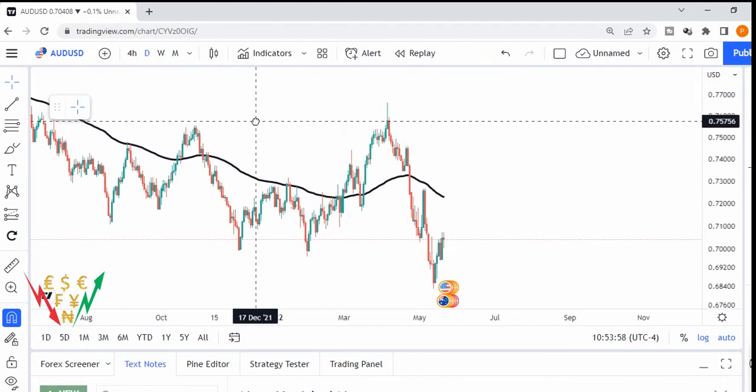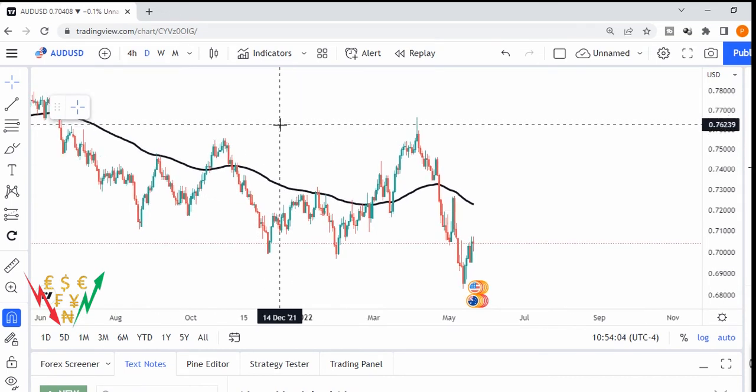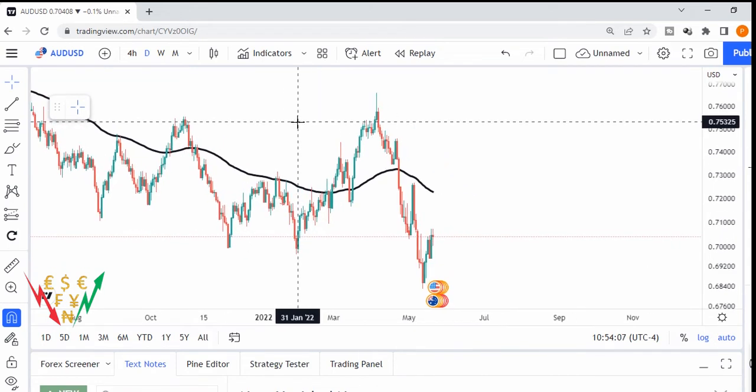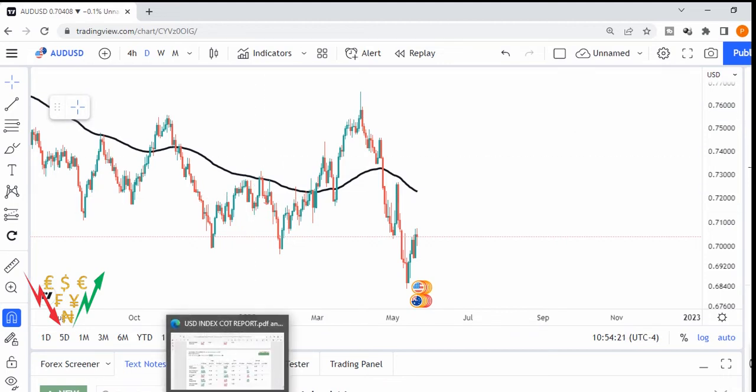Okay, and another piece of news is that from the US end, guys, the president of the United States, Biden, has also made some kind of bold statement that he's likely willing to meet with the North Korean president, right? And that could show some confidence in the United States economy, right? So with some of these things, we may be considering shorting the Australian dollar. So let's look at the COT perspective, guys.